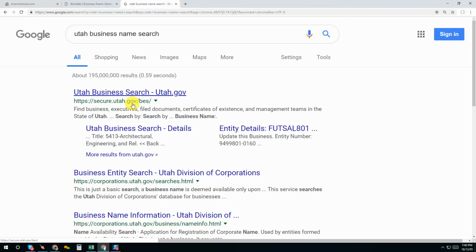Now there are a couple of exceptions to this. Some state websites, for some inexplicable reason, are not on a .gov domain. So just do your research, make sure you know what your state website is on, and make sure that when you do your business name search, you're actually on your state's website and not a third-party entity. So I'm going to click on this one,